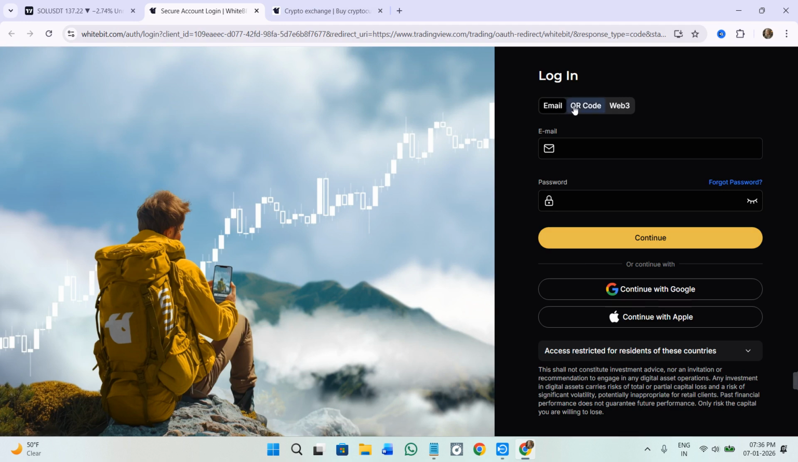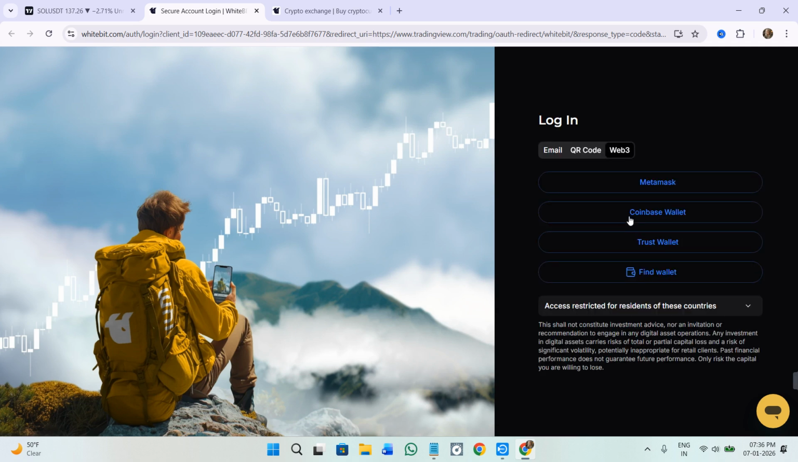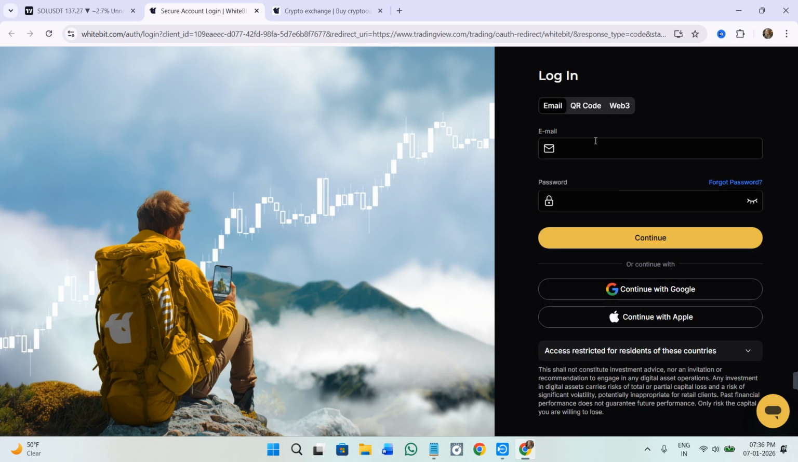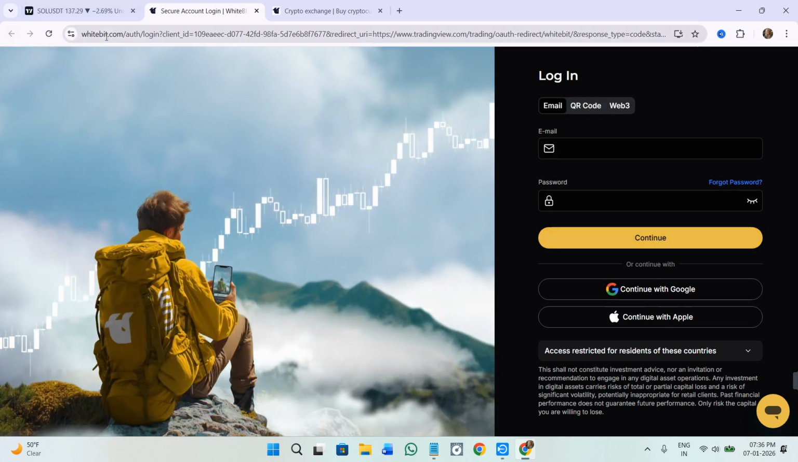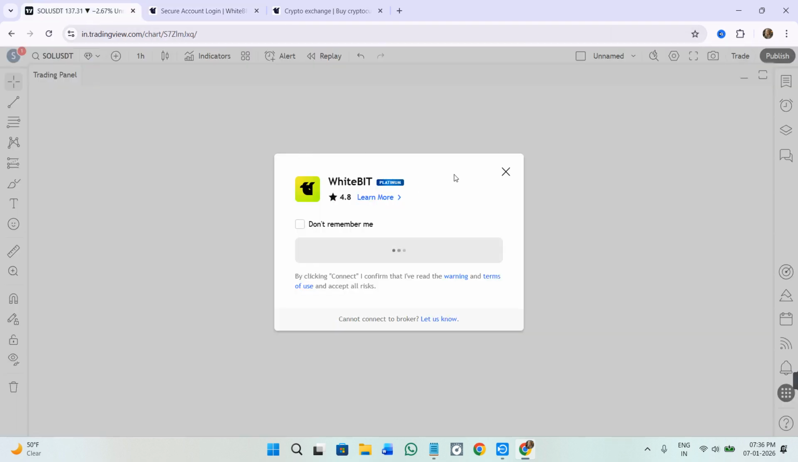Here you can log in with the help of your email address or QR code or with the help of the Web3 credentials. So here you can choose any of these methods and basically you need to log in to your Whitebit account first. After that, when prompted, you just have to authenticate TradingView so that it can connect with